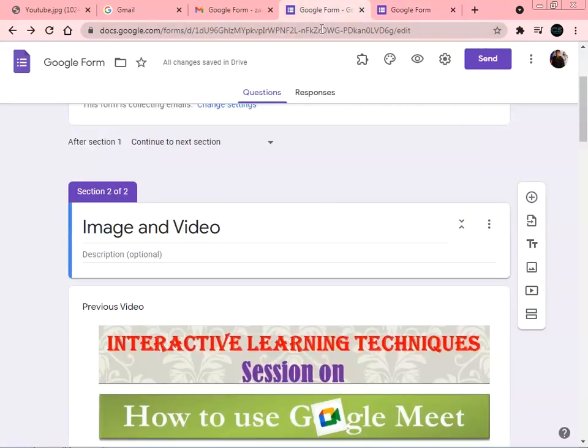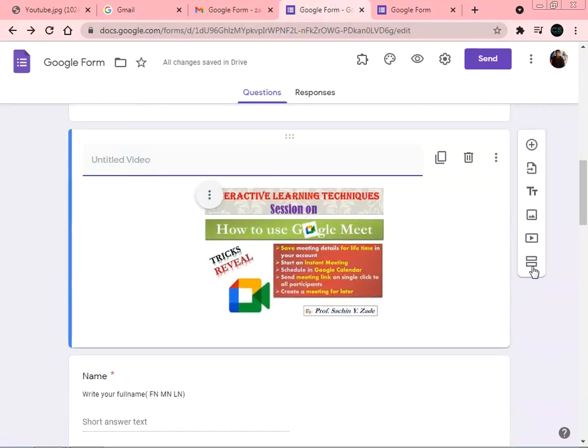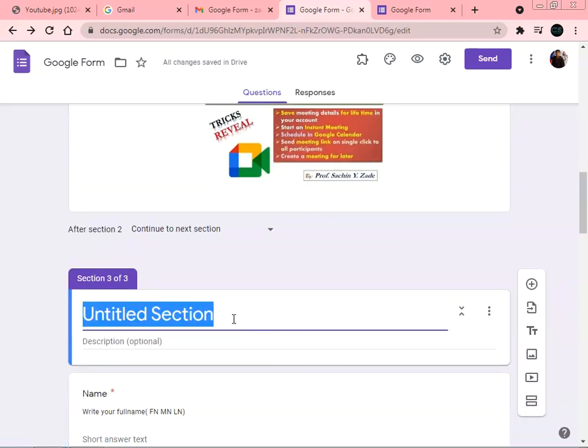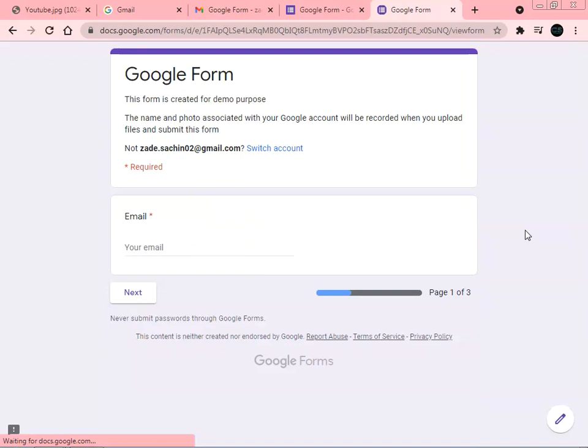This means that we are dividing the page. After this, suppose for example after the video, I want to insert one more section, so I will add one more section, that is, give your details option. So just refresh it, reload it, because we had added a new section. Initially we have to enter the mail id. After the mail id, click on the next option.